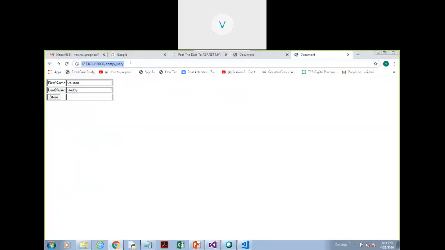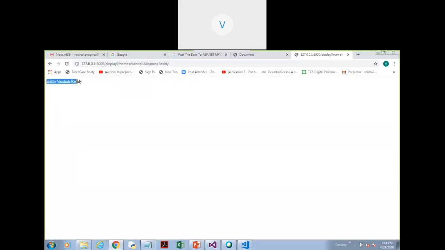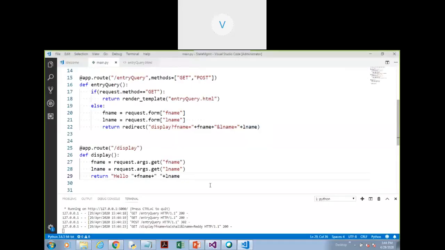So let's start from the beginning. This is our starting page. Now I pass some data here. So now at this URL request, we can see the message hello and the data. So if the data is coming from the query string, then we are using a little bit different technique. Here we have to write request.args.get to access the data. Am I clear, everybody? Did everyone understand the query string? Yes, ma'am. Okay.